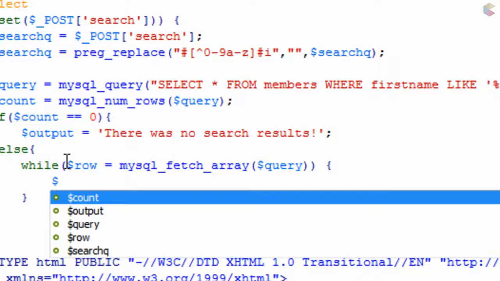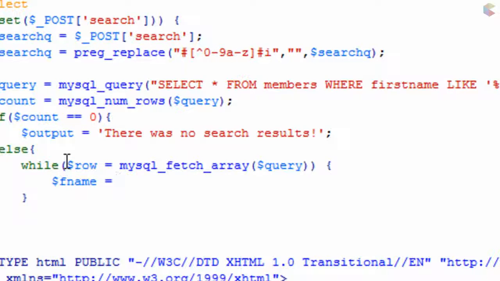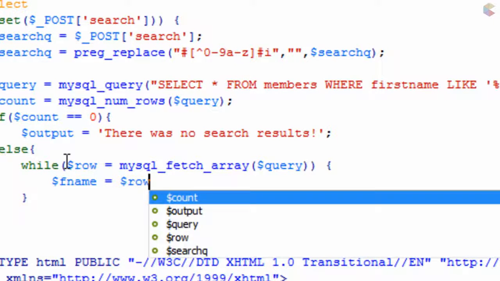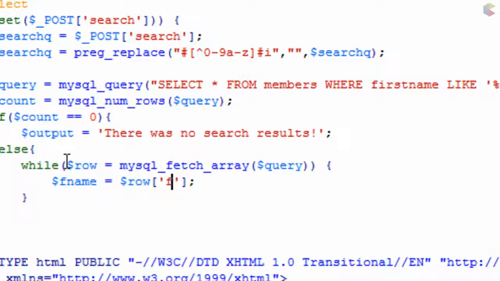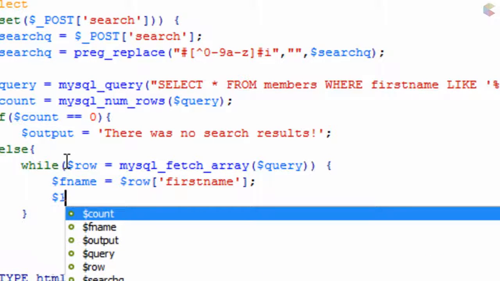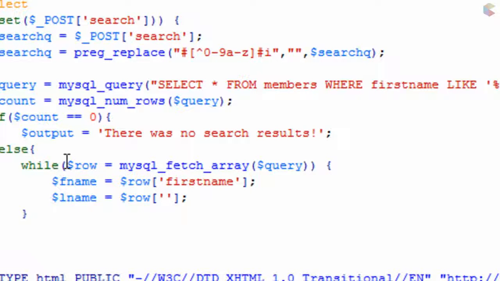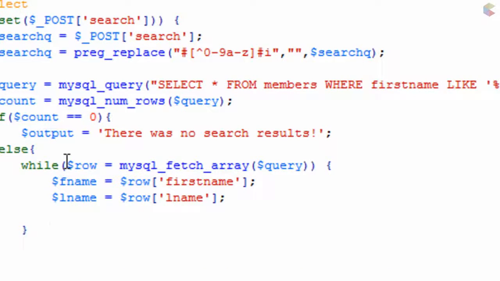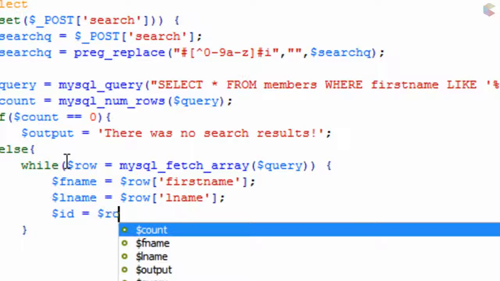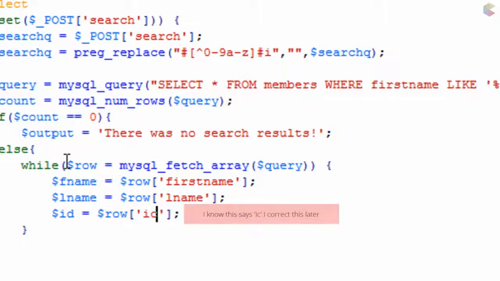Now within this, we can then do, for example, fname equals row first name, and then lname equals row lname, and then we could even collect the ID equals row ID, like so. Now the next thing we're going to do in this while loop, whilst we're still